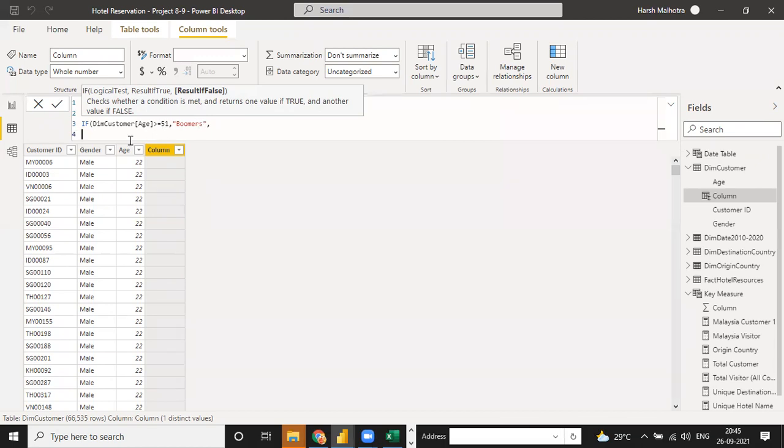Okay, so if you have only two conditions, you can use true or false. If you have multiple conditions, then you can write the same thing again. If you have only two conditions, suppose one is yes or one is no, you can use the IF function just one time.